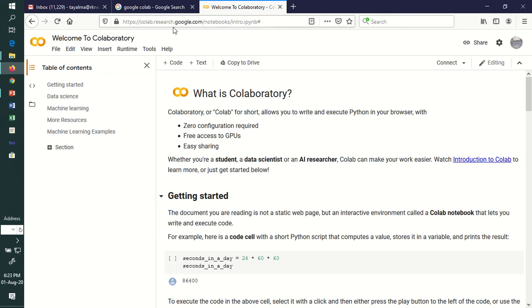So it is a tool or an environment where you can do your Python coding directly. No need to install anything, Anaconda or any other Jupyter notebook. You just start typing here and you can execute your code. You can verify the look and feel on the right hand side.